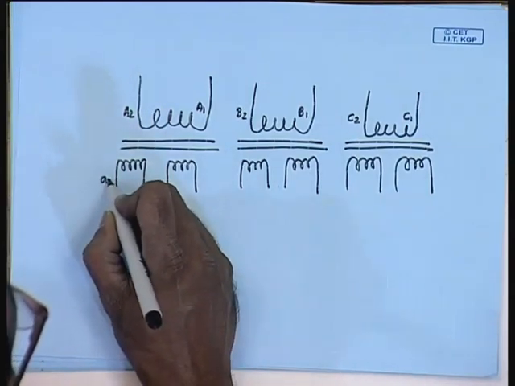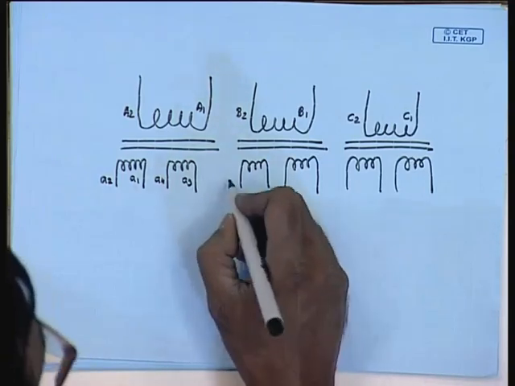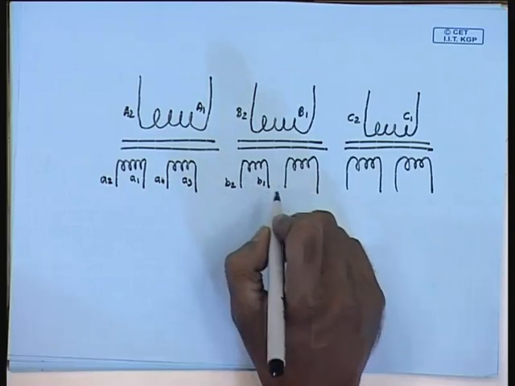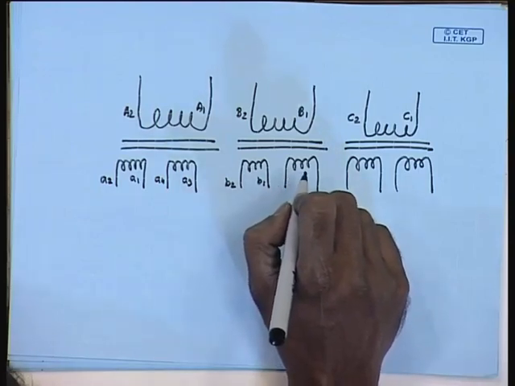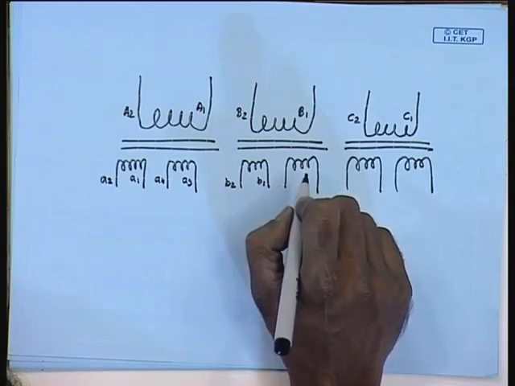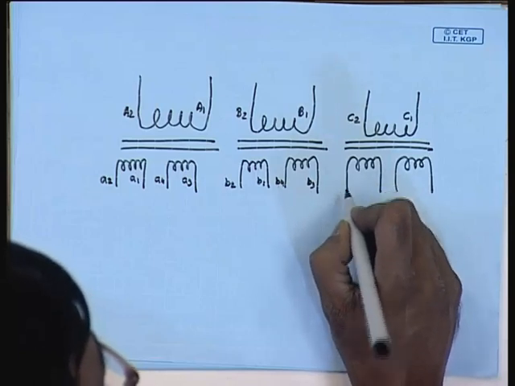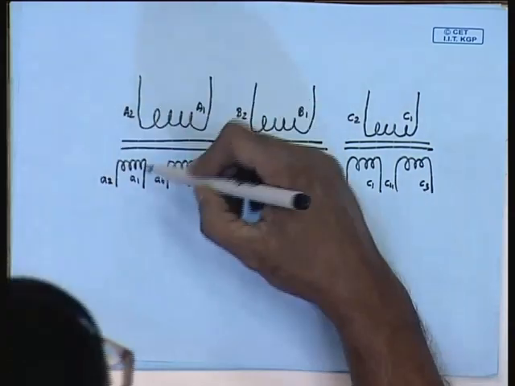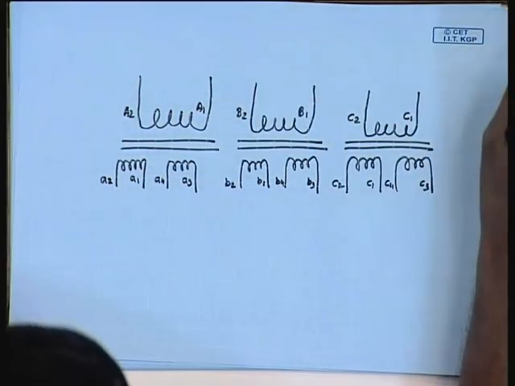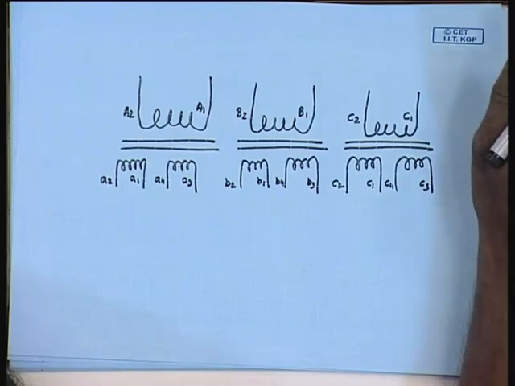This is small a2, a1, this is a4, a3. This is B2, B1, this is B4, B3, this is C2, C1, this is C4, C3, indicating all the even number terminals have the same instantaneous polarity and all the odd number terminals have the same instantaneous polarity. Now, let us assume